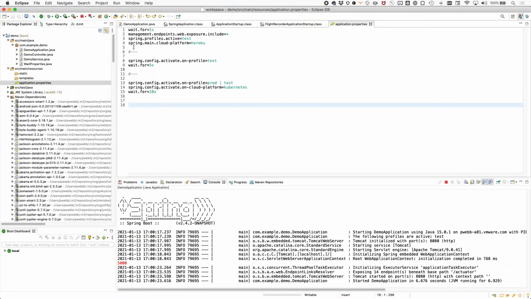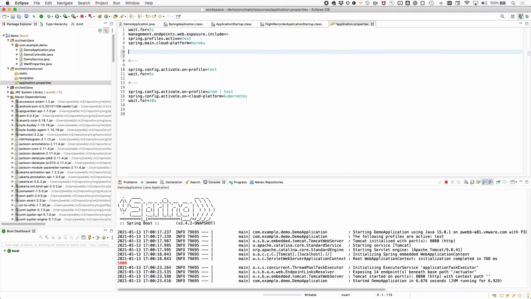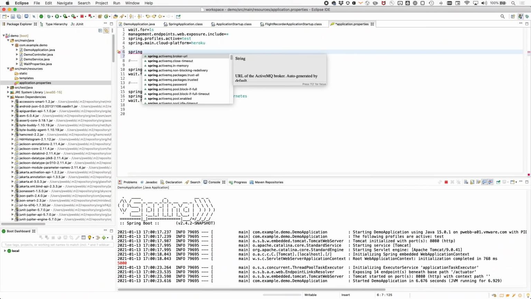You can see here that our properties file is starting to get a little bit unwieldy, and you can imagine in production we may have many of these sections and many properties set, and things start to get even worse. People often want to take their configuration files and split them up a little bit. One way we often see people do this is to abuse the profile support, so they'll end up creating profiles just so that they can have application-profile name property files and separate their config a little bit. With Spring Boot 2.4, this is no longer necessary, and you can make use of a feature called